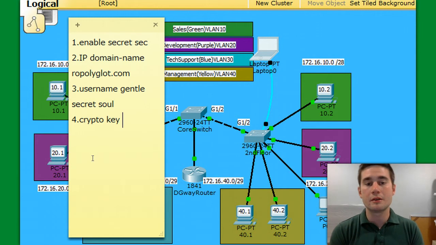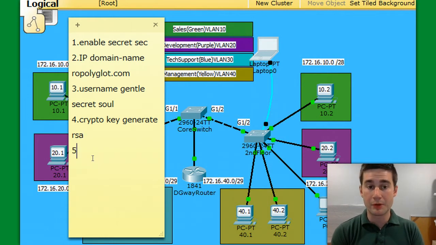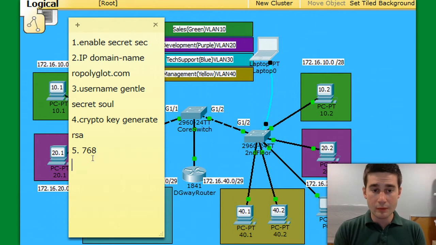crypto key generate RSA, and when I press enter, because I want to use version 2, I gave it number 768 rather than the default 512 or the Cisco recommended 1024. So when I did that,